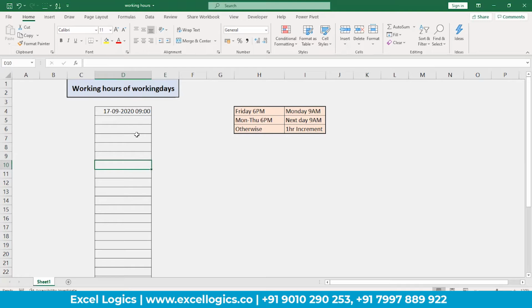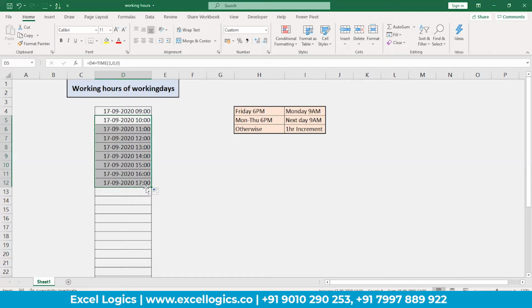First, let us see how to increase time. We have the TIME function. In the TIME function, it is asking for hour, minute and second. I want 1 hour increment. So in the place of hour, I'm giving 1, comma 0 minutes and 0 seconds. For 9 a.m., I need to increase 1 hour. So this cell plus 1 hour. I got 10. Same way I got 11, 12 and 13, 14.